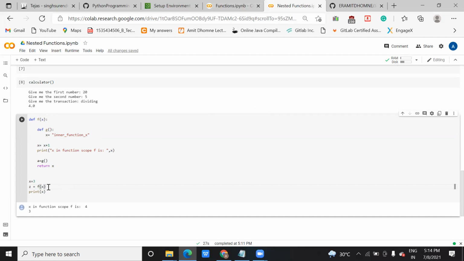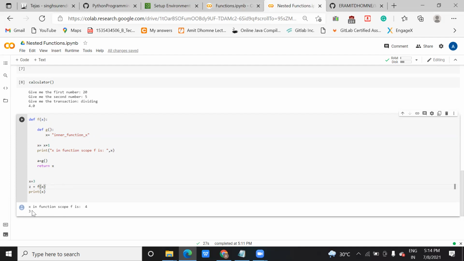So as I said, the compiler will read each and every line of the code, but it will make the function start working only when we call the function. Just like there are a lot of students, you have a lot of friends in the school, but when your teacher asks you, hey Tejas, try to solve this code, then you start working on it, right? Because they have called you, so you come to know that you need to start the task. So the compiler reads the statements, reads the instructions, and then waits for the calling.